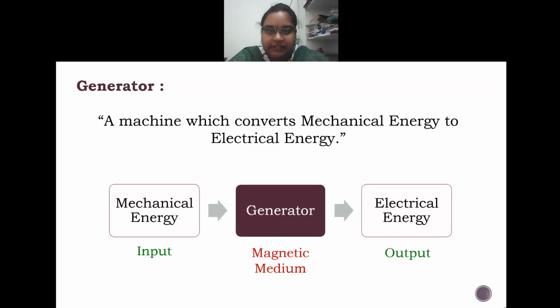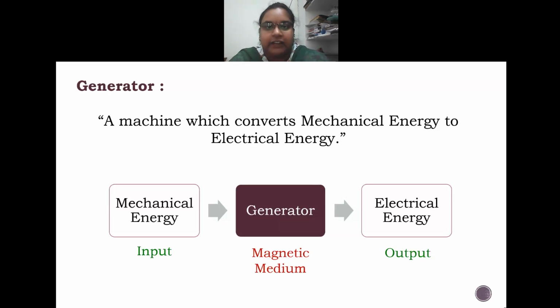There are various types of generators. As we have seen in the last class, we have two types. The main division is AC generators and DC generators. You know what AC and DC are, right? AC is alternating current and DC is direct current. In direct current, the values of the voltage and current will be constant throughout the time period. In alternating current, the values of the voltages and currents will be alternating throughout the